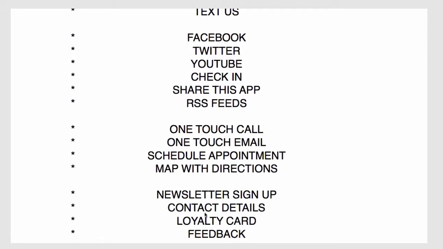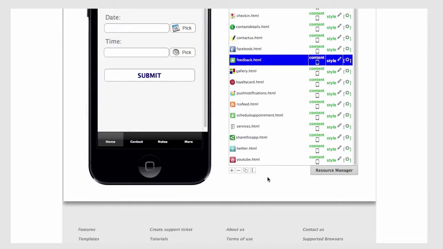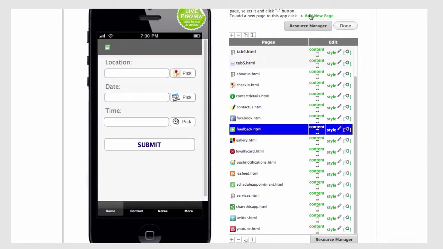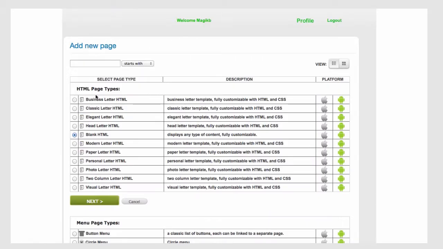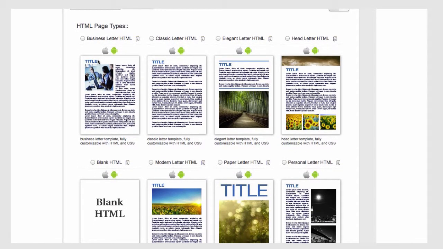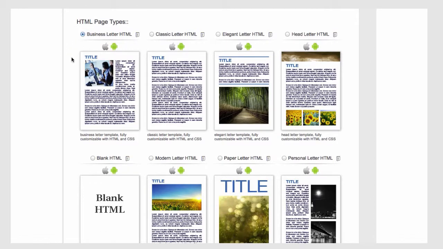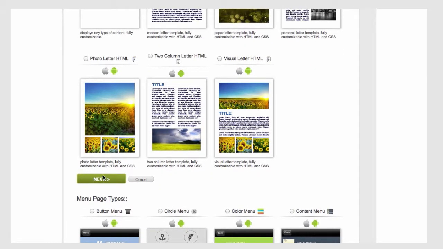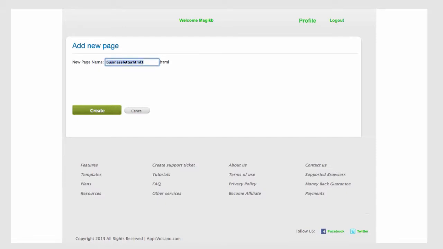Feedback, loyalty card, contact details. Let's do now map with directions. To make map directions, please click add. There are a few ways to do it, but let me show you probably the way I like to make it. So I just select business letter HTML, map direction,